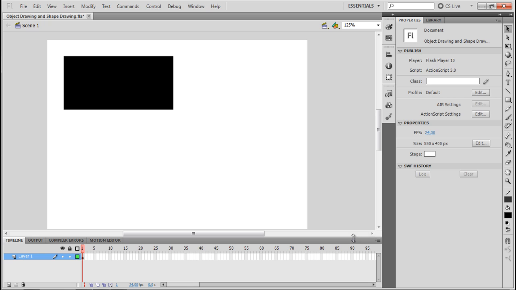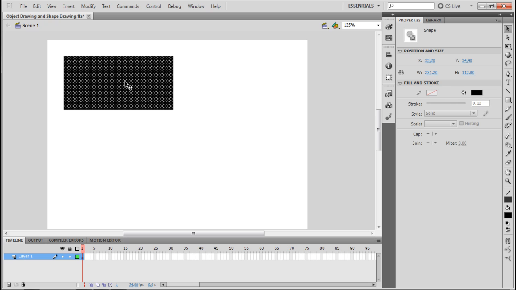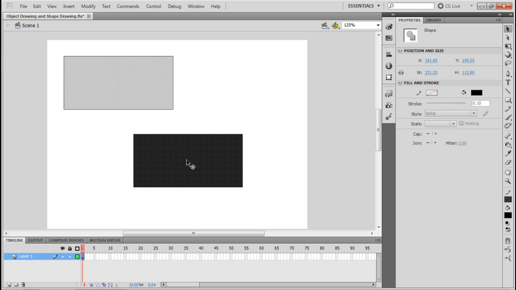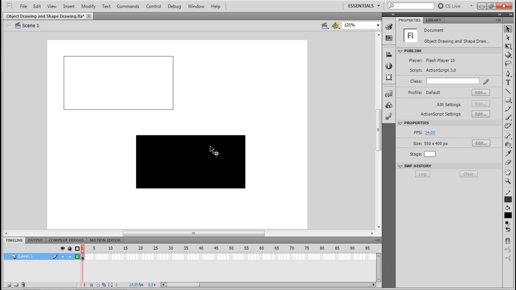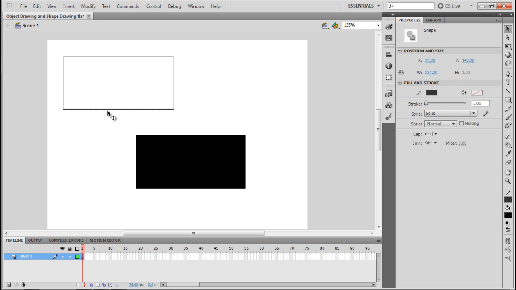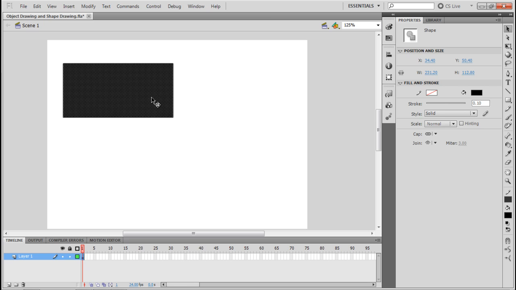So what is the difference between object drawing and shape drawing? Notice when I select the object, I select the fill and not the stroke. That's why I don't have any stroke options here. So when I move this object from its original position, I just move the fill and not the stroke. And now when I hover over this stroke, you see the very familiar curve sign below the arrow, and this indicates that this is a stroke. If I double click on it, I select all the 4 strokes, and I could modify it as if it was the line tool. So this is a shape drawing which draws stroke independently of the